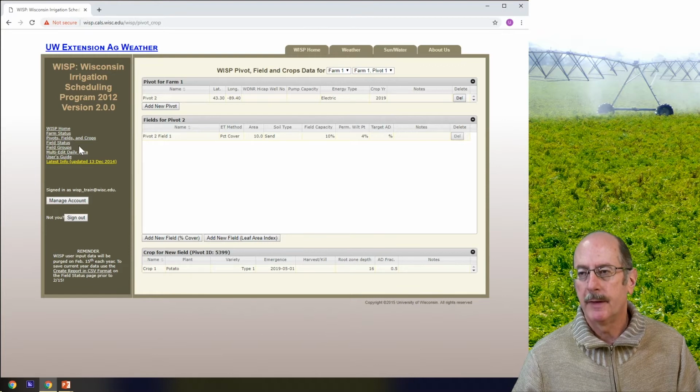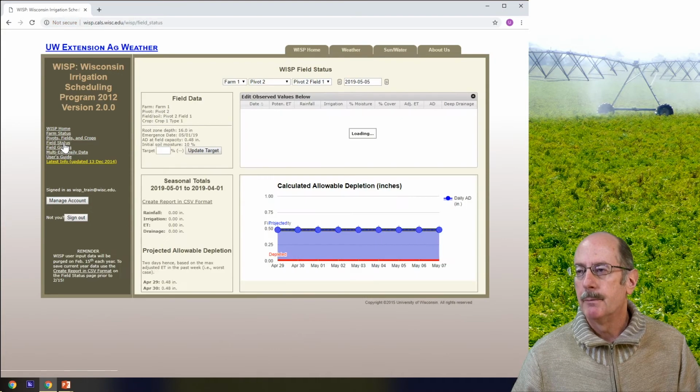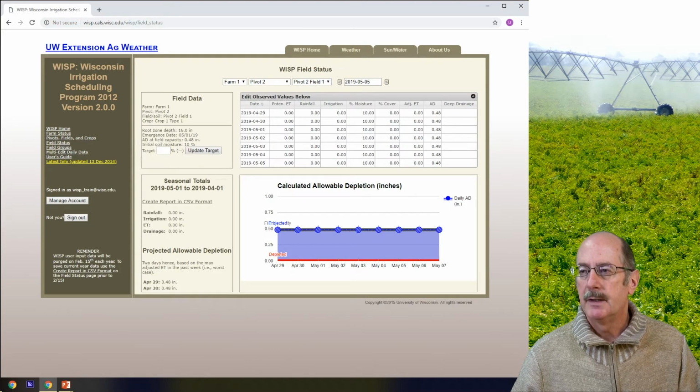And that structure that you put in will stay. It'll be zeroed out every year in this next screen, which is called the field status screen. That screen is the one you'll probably use the most because it contains the daily information that you will use for your crop input and water management.